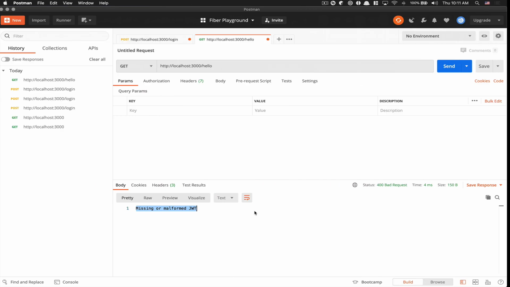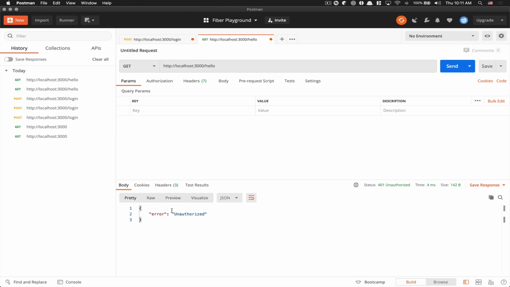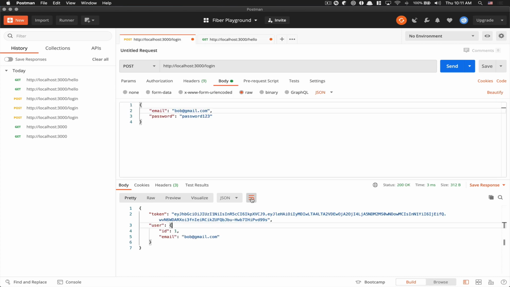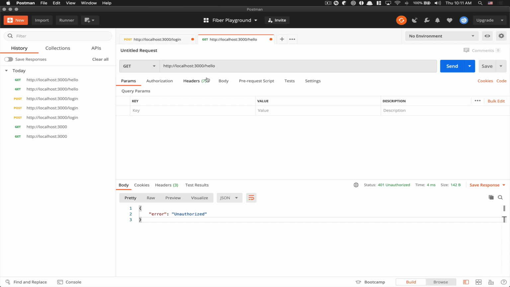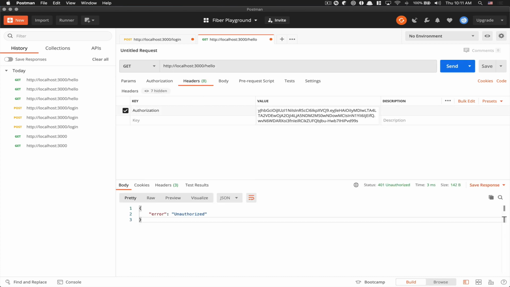So now if I go back to Postman and I click send, now I get 401 unauthorized. Hey, you don't have the token, that's it, you don't go there. So now if I take the token I have right there, the one I got when we logged in, and I go to my headers and click on authorization and I append that, and I send, I get unauthorized again. The reason why is because, like I told you, you need to prepend this thing with the bearer. So you need to put bearer in front of it, and now if you send it, we still get